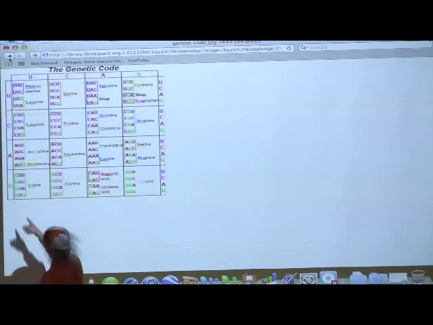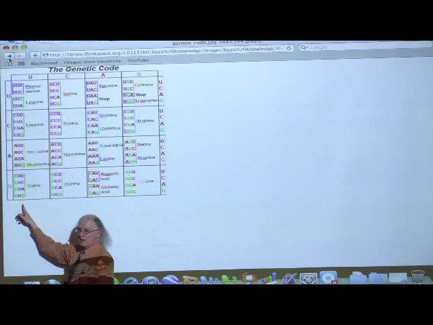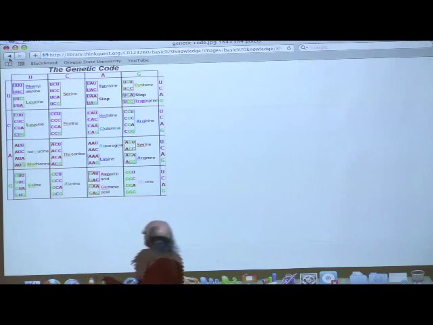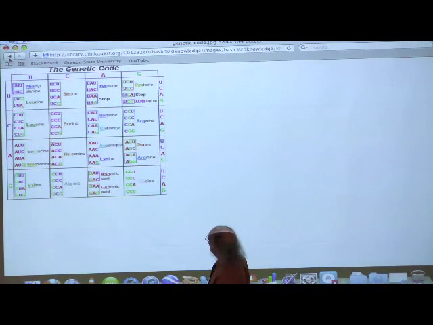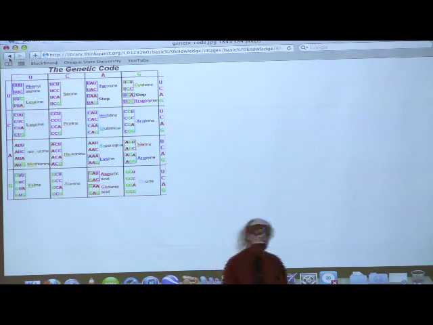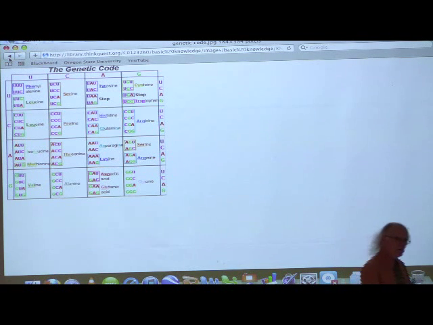Valine, I can have a GUX. It doesn't matter what it is out here. Even for those that only have 2, let's say phenylalanine, UUU, UUC, notice pyrimidine, pyrimidine. UU pyrimidine takes care of it. UU purine means a leucine. So that 3rd base is not nearly as critical in the overall process as are the first 2 bases.